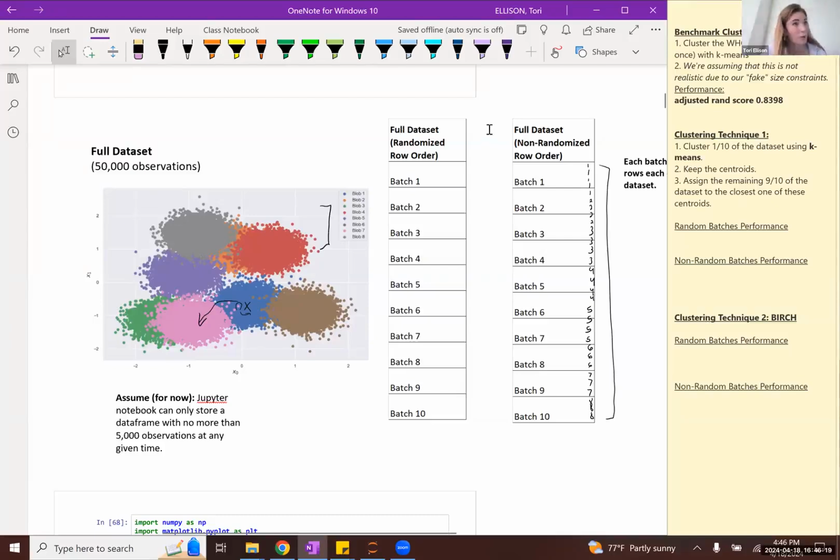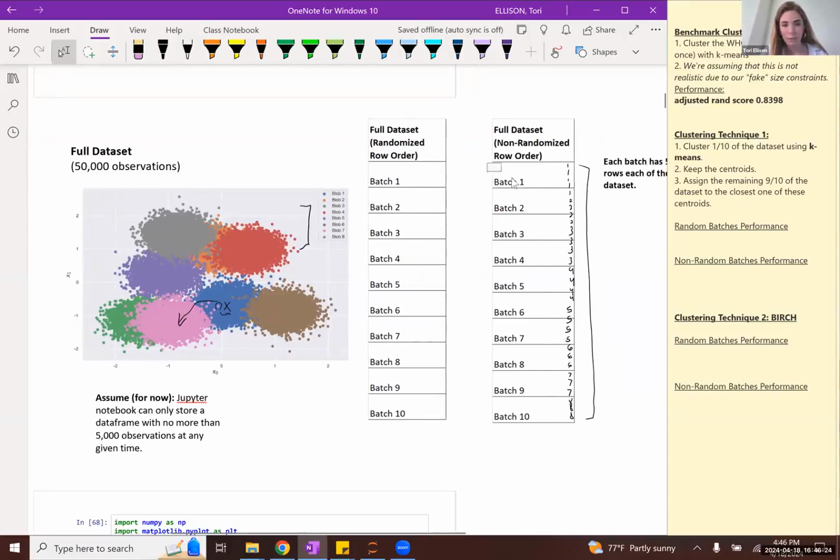The second way we're going to run this algorithm is with each of your batches in a non-randomized order. In other words, each of your observations in batch 1 are simply from your first Gaussian cluster, each of your observations in batch 2 are from your second Gaussian cluster, and so on and so forth.